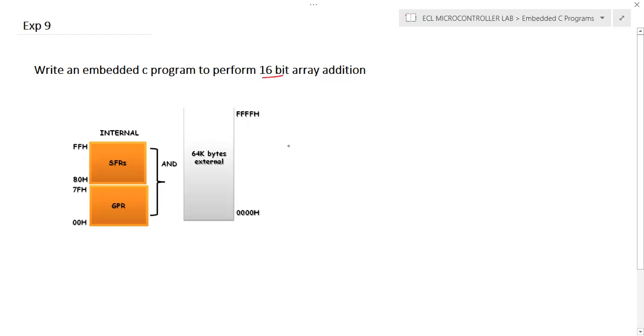And we know that in 8051, there are two types of RAM possible. That is internal RAM, general purpose RAM, from 00 to 7F, only 128 bytes, and external RAM, where maximum you can connect 64K bytes. So this is the external RAM, and assume that the values are stored in external RAM, and in external RAM, each memory location